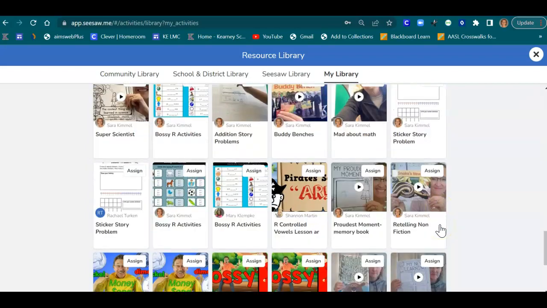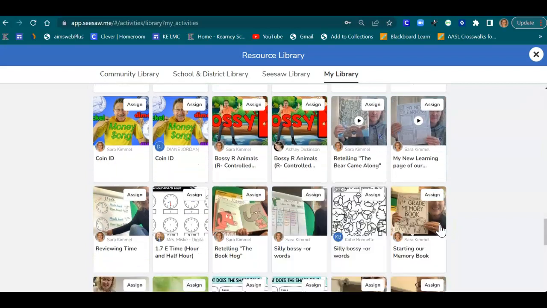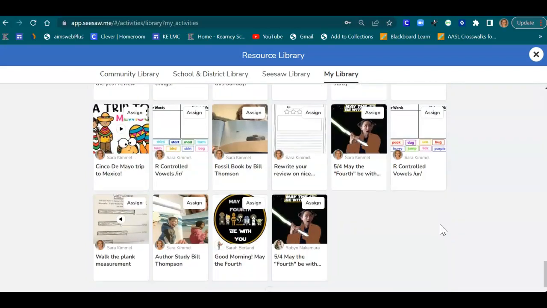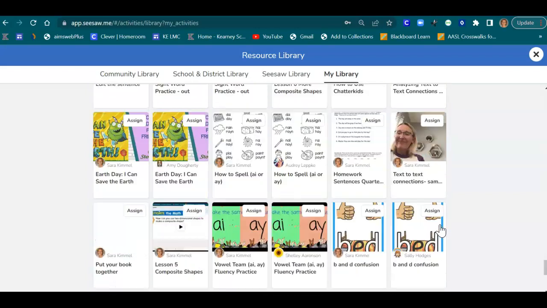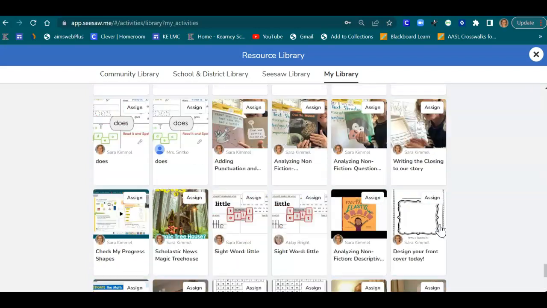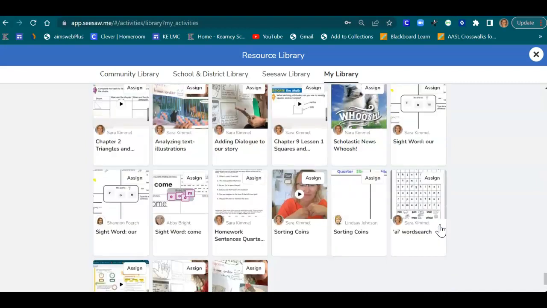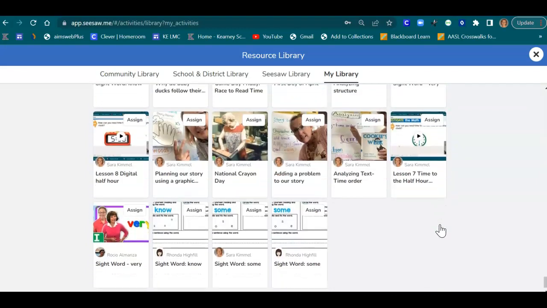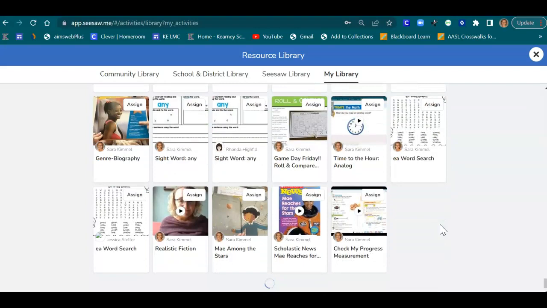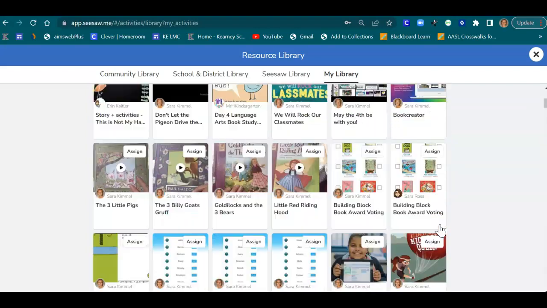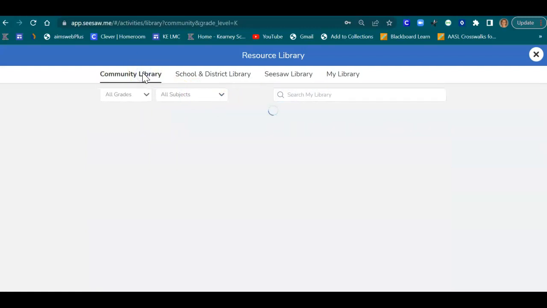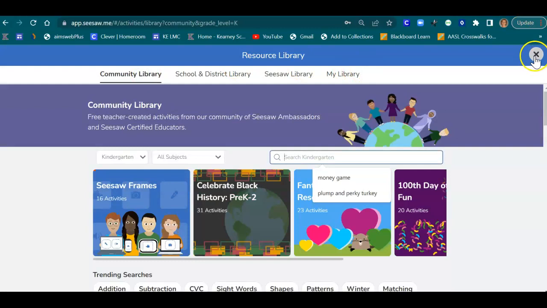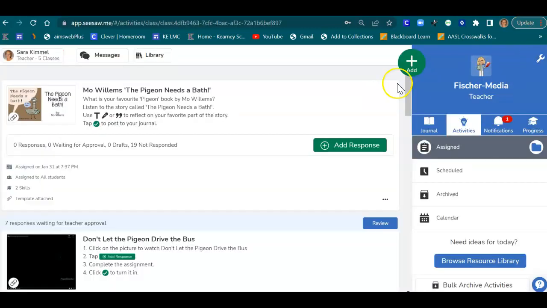math, a lot of reading, a lot of phonics, pretty much anything you could imagine, it's in here, okay? So it would be great supplemental stuff to do while you are teaching guided reading groups or math groups. So I will try to get those in there as a resource for you guys, because if the work's done, why not, right? Okay, anyway, back to if you were making your own, because I did that a lot.